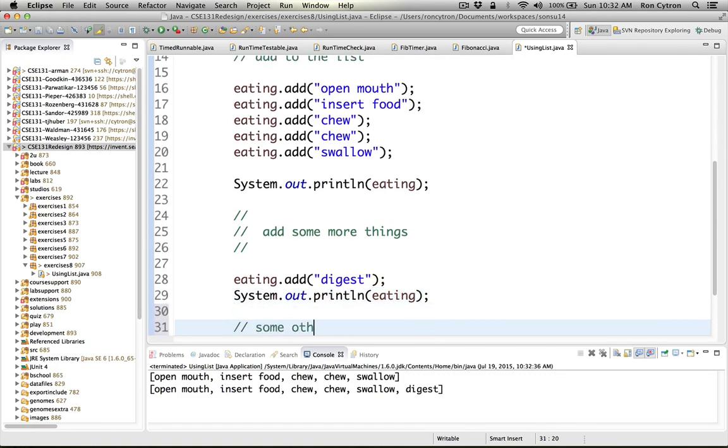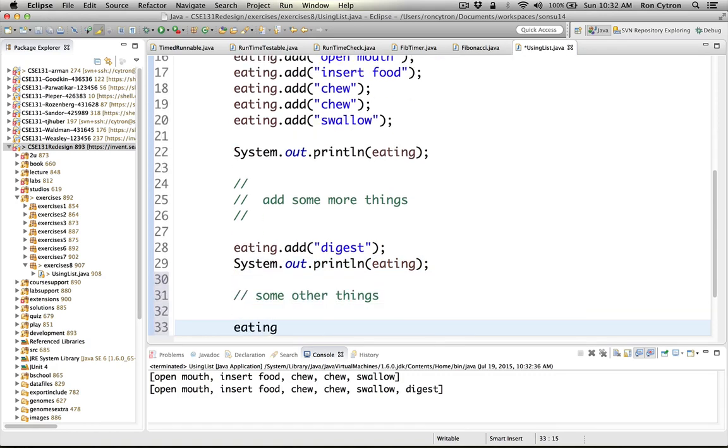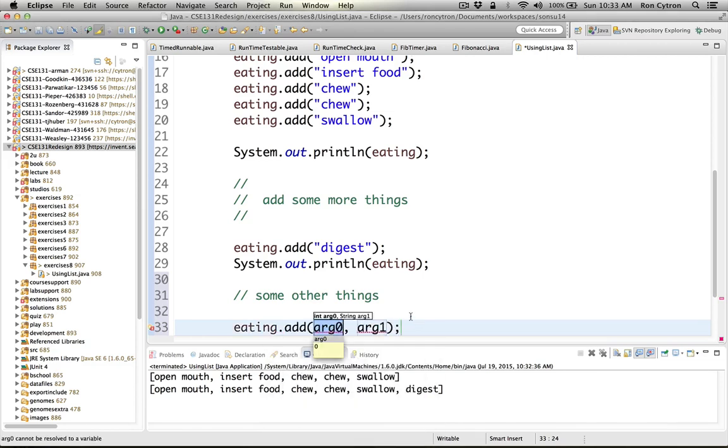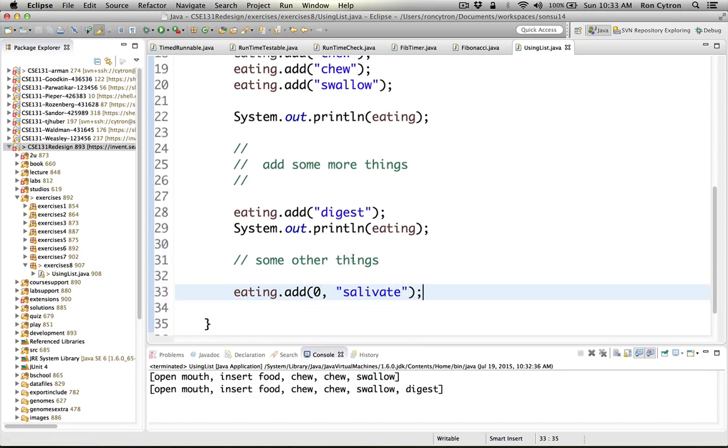So some other things. If you say eating and then type the dot and then pause, and on some computers that are slow you may have to pause longer than others, you'll see the various list of things that we can do. We can add to a list not only at the end but also at the beginning by specifying the index. And suppose before you eat you're going to salivate a little bit at the thought of eating some delicious food. And if I add that, let me just put a comment here. This adds the string at location 0, which is the beginning